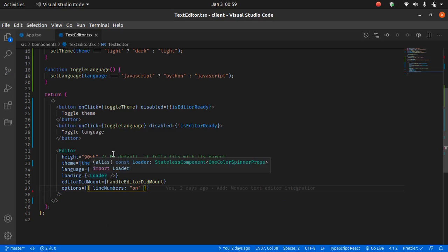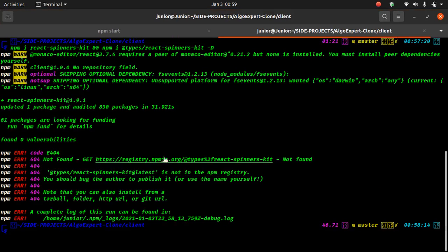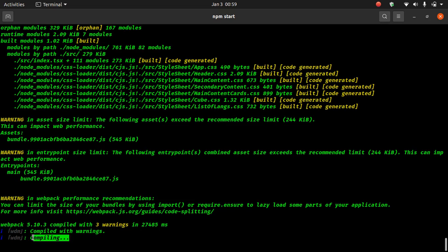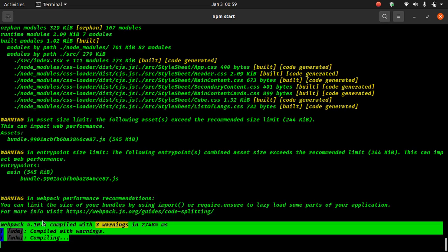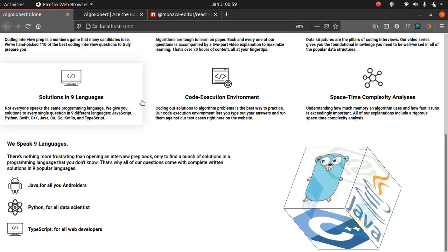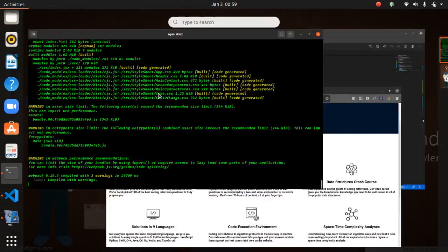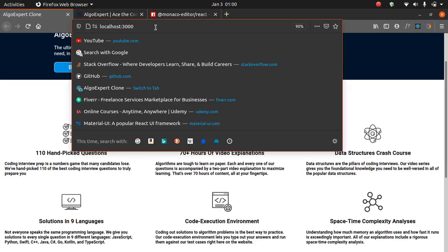Right, so let me just show you the standard. Okay, so React Spinners, there's no types, so I guess it comes with its own types. Let's exit that, and this is still compiling, and that should finish in a minute or two. So now it's done compiling. So now if we open your editor,